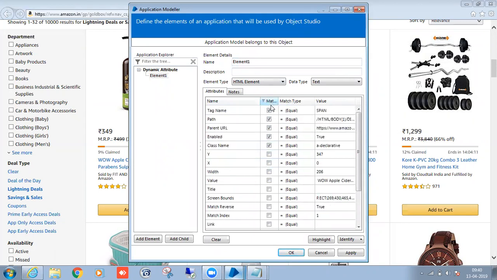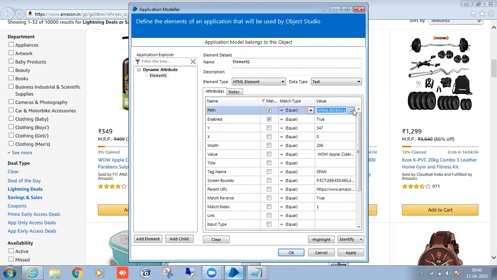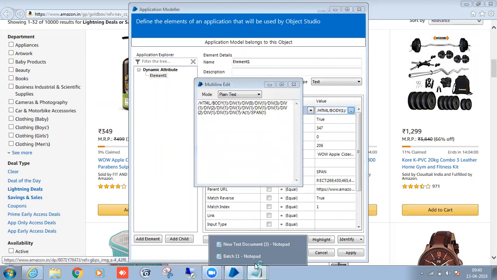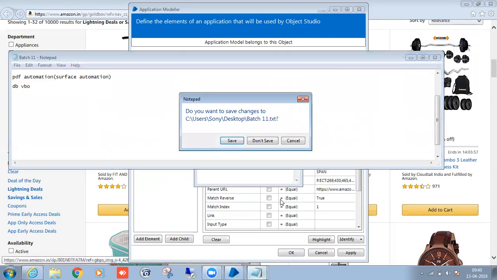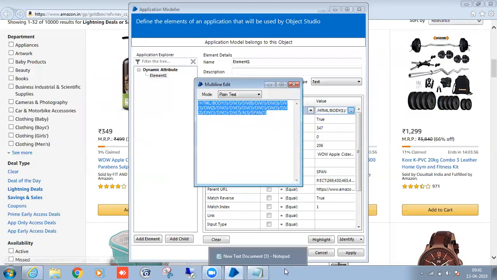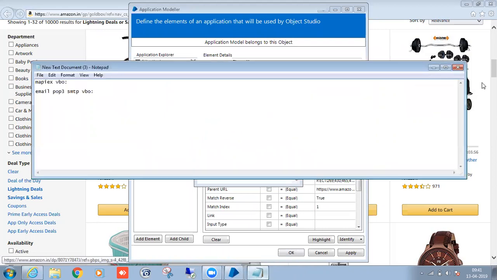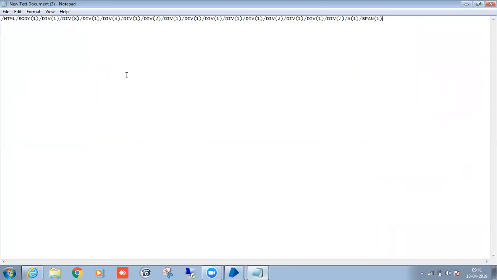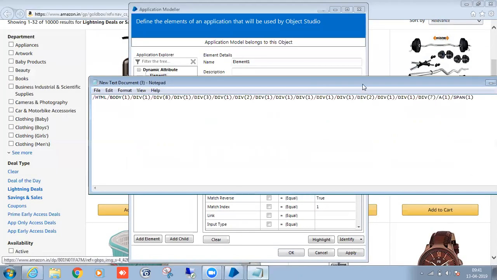We can ignore unnecessary attributes. This is the path, right? So I'm copying this path and storing it in a notepad. So this is my first element path.